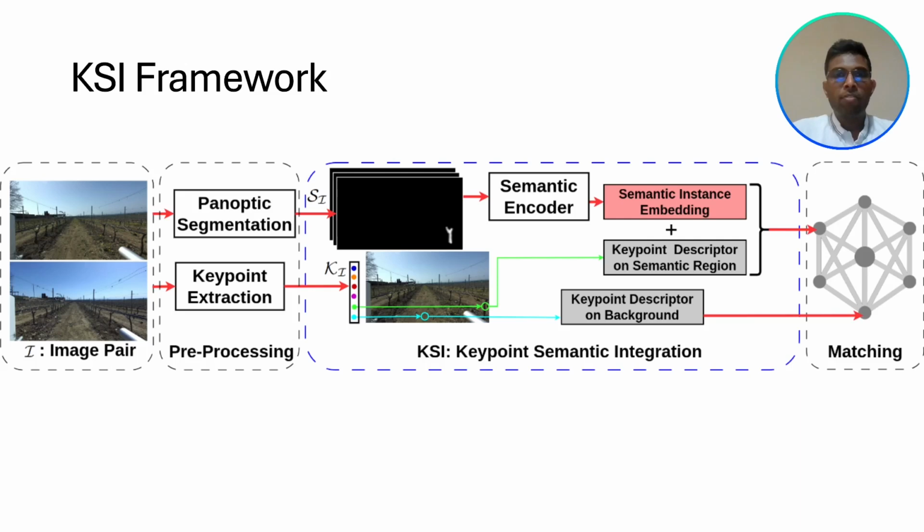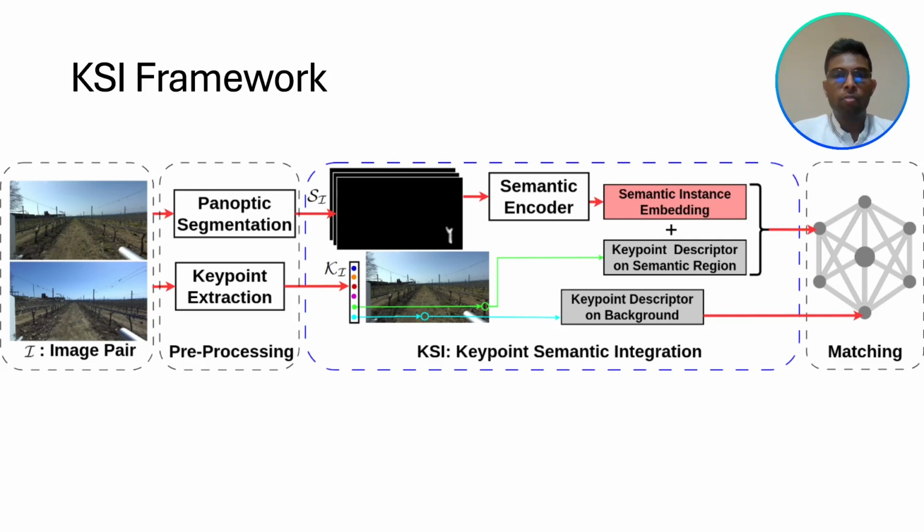So the method that we are presenting is called KSI, or Keypoint-Semantic Integration, which is a module that you can integrate into a traditional feature matching pipeline. As in any feature matching pipeline, we start with a pair of images, and then we extract the features. The feature extraction could be classic extractors like SIFT or learned extractors like SuperPoint. And then we also do the panoptic segmentation of this image pair to extract semantic mask instances for each image,